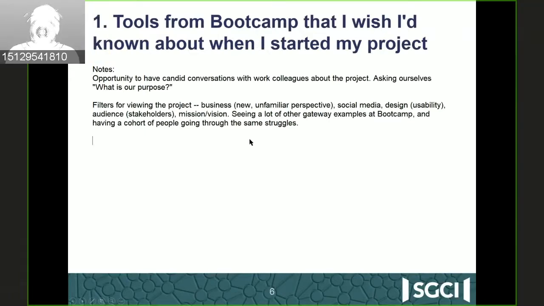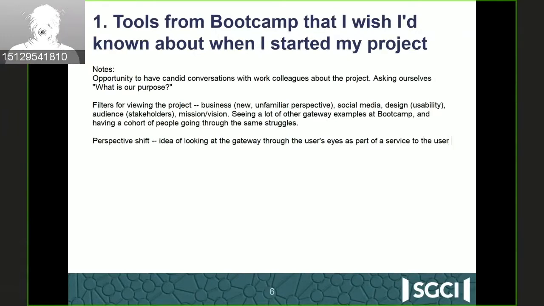So everybody's touched on things that I appreciated. I think for me, it was the perspective that really shifted. So a tool for me that is not a concrete tool, but more of a conceptual tool was just the idea of looking at the gateway as a concept through the user's eyes. So that fits closely with that whole user perspective and user testing. But through the user's eyes as part of a service to the user and also as an opportunity for them to connect with our community was a really big aha moment for me when I realized